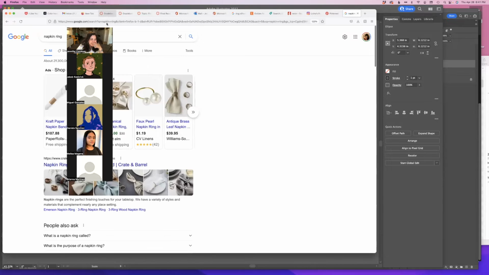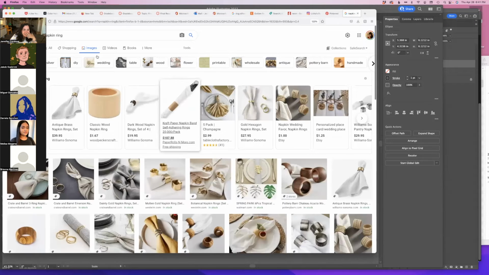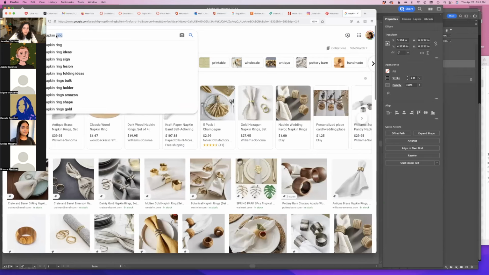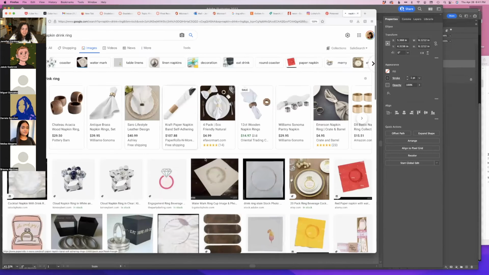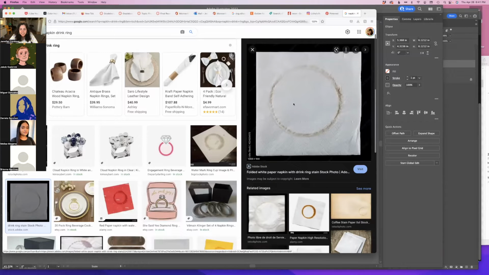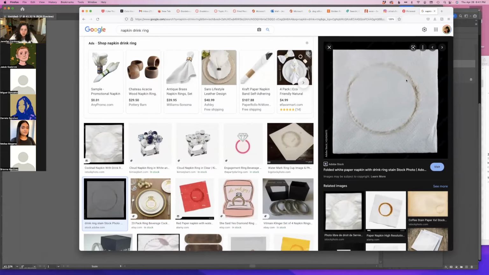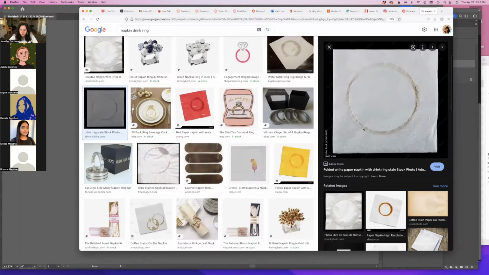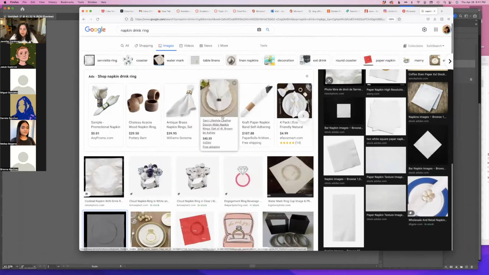No, I knew it was going to give me that. Sometimes I can't think of what to Google, but I know what it is. What about a drink ring? Probably drink ring. There we go. Something like this. I know you can get stuff like, see, this is stock. I was going to try to steal again, but